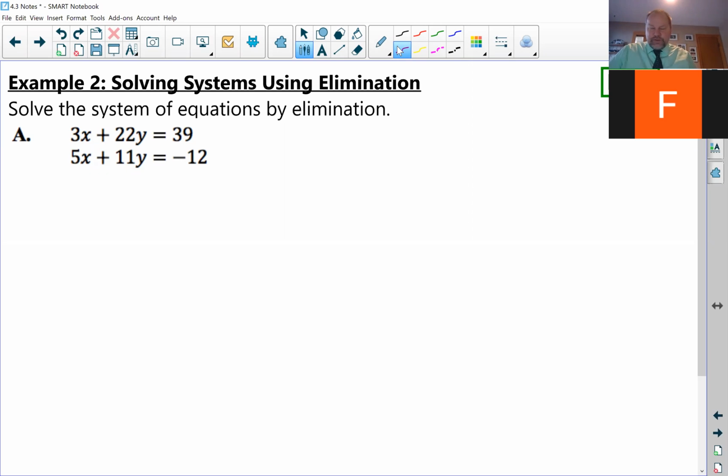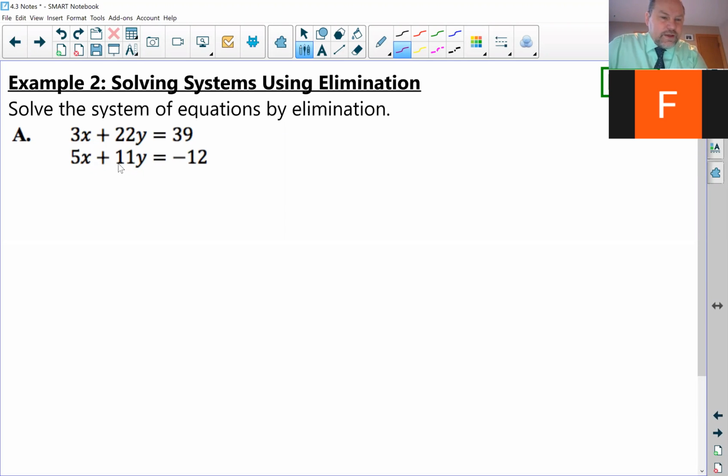Now in this case, I don't have coefficients that are exactly opposites, so I can't just add from where I am. I don't have coefficients that are exactly the same, so I can't multiply one by a negative 1 and then add. So my third option would now be, if you remember from our steps, our second step says you may need to multiply one or both equations by a constant. And if I look,